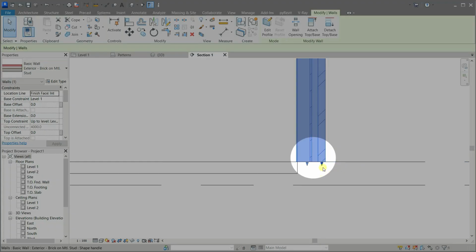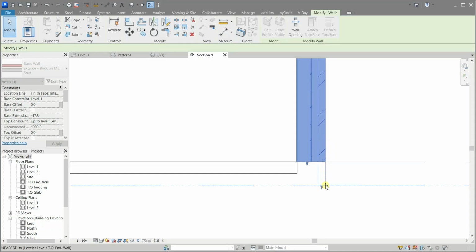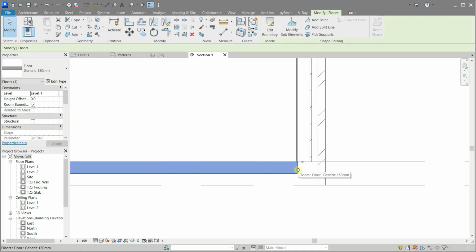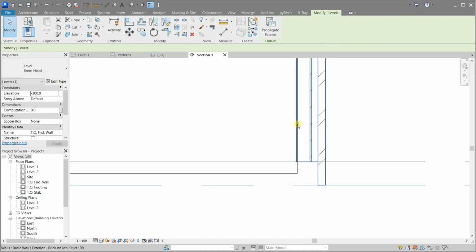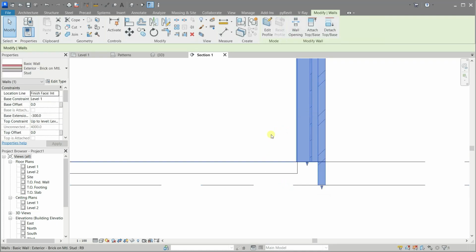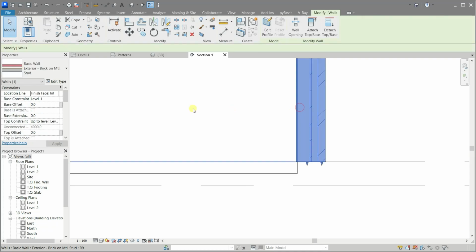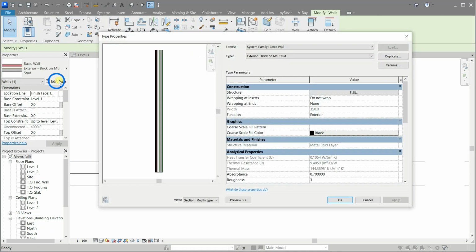If you see the wall now, it has two extension handles. If you select one of them and drag it downwards, you see you are creating a wall with different layers having different extensions. This is a great feature. Think about structural layers going beyond finishing layers, like concrete block layer in a wall goes deeper than the internal gypsum plastering layer, or the concrete block layer sits above the floor in the second floor while the external cement plaster goes beyond that. Now, do you feel the potentials here?